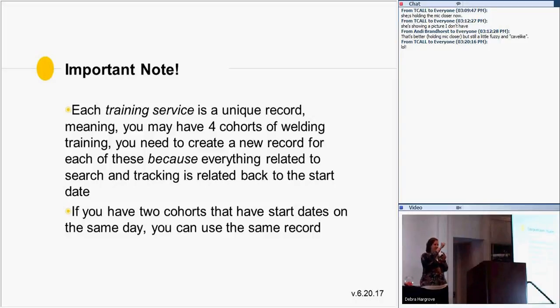And again, the reason that start date has to live in that record is because the whole record is tied to ETP, which is all date-based. We talked about this for a long time at our meeting last week internally, because ideally, yes, we want to create welding training one, and then it gets a start date with the client. But you can't do that because of the way it's tied to the ETP system. This is one of those conversations that took 3 separate meetings that were all, I think, 3 hours long.